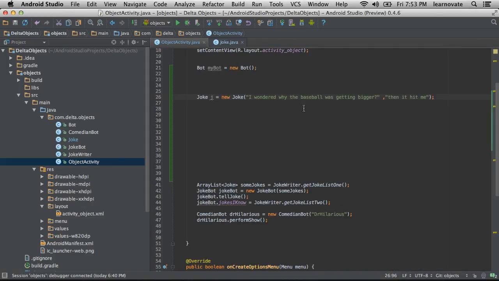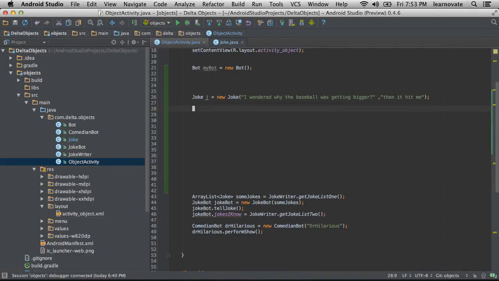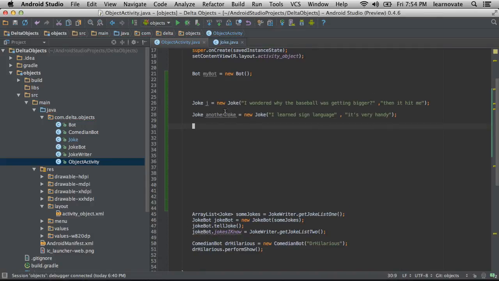So I zoom out here. That particular j is going to be equal to a new instantiated object in memory, and that j is going to have its very particular setup and its very particular punchline set to those strings. So if I now do another joke, and let's say I learned sign language as my setup and my punchline, it's very handy. Now that particular object, another joke, is going to have its own setup and its own punchline